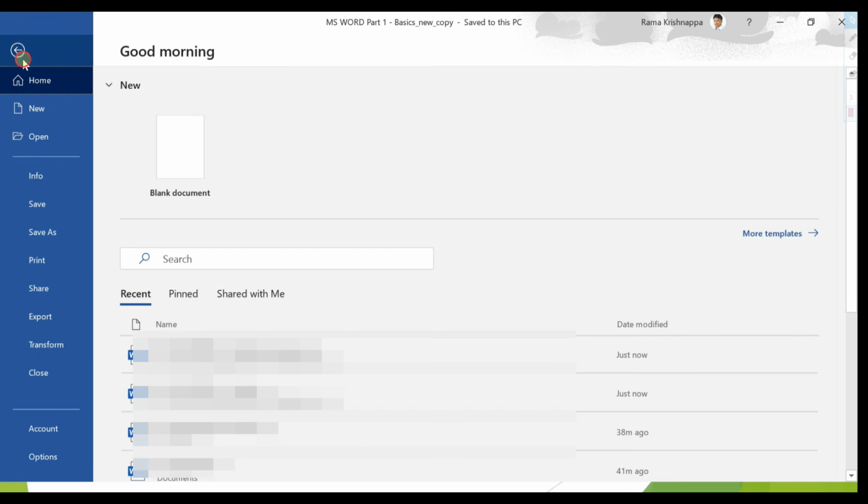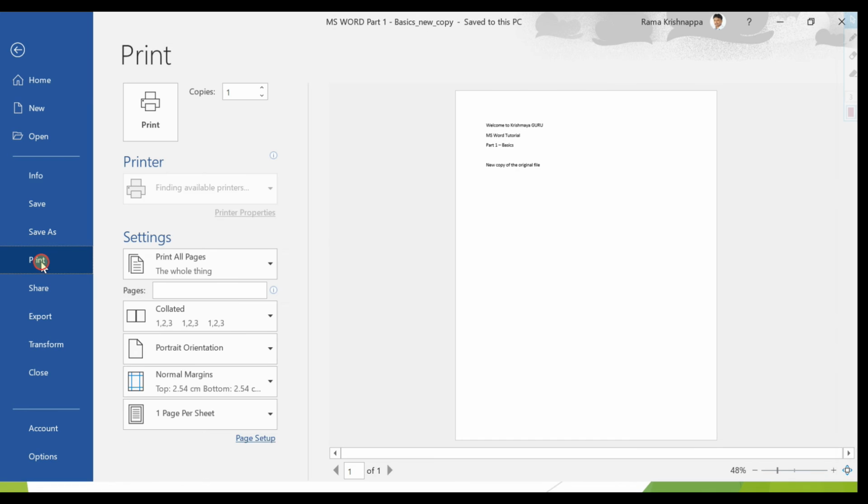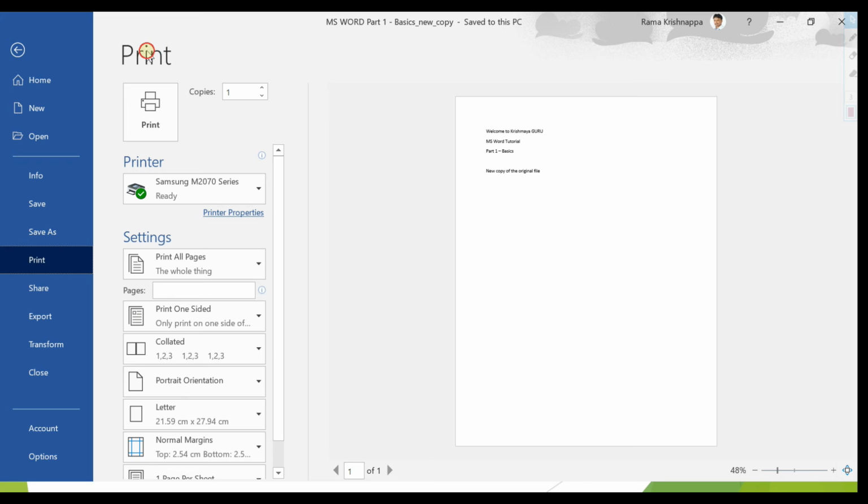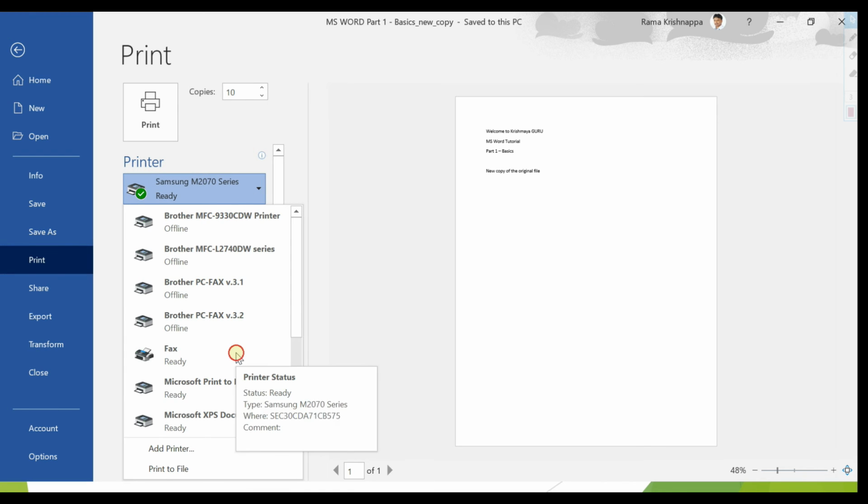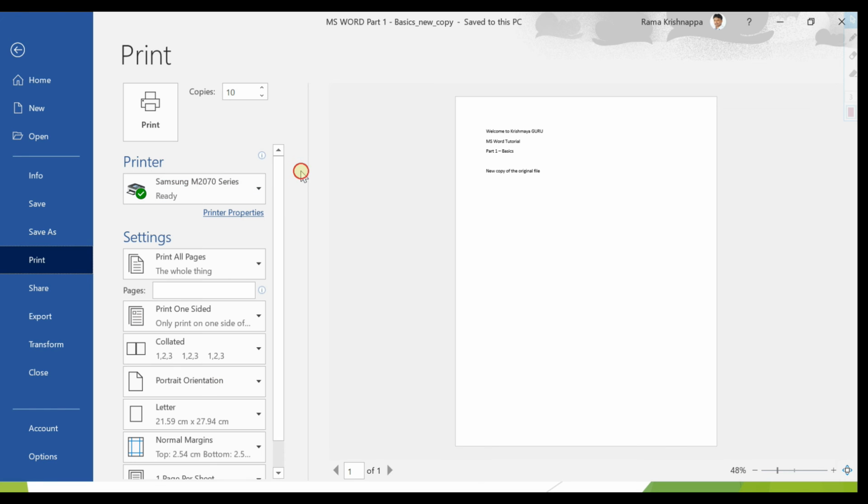Now let's go to file and learn about print. When you click on print, a wizard will open, that has a print button over here, and we have copies, like the number of copies to be printed, where you can go up, down, or also enter your own number of copies here. Then we have the printer name. This contains the list of all printers, and you can choose the one which you want to print. So right now we have chosen one printer.